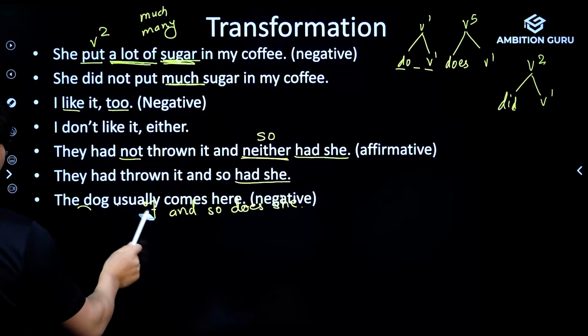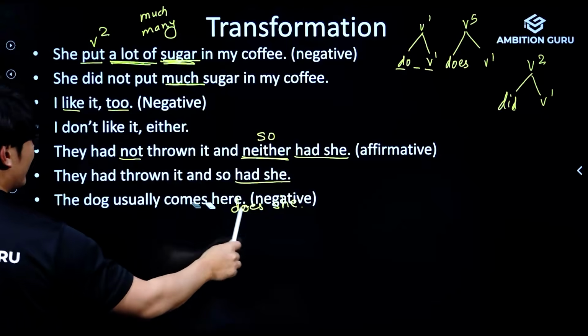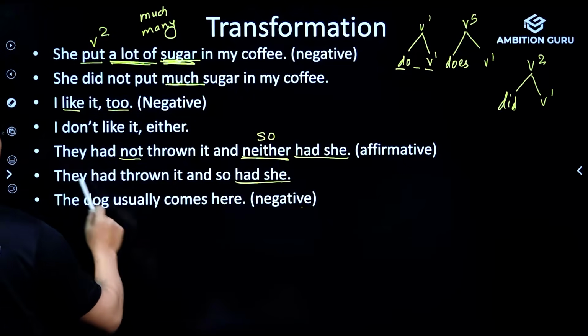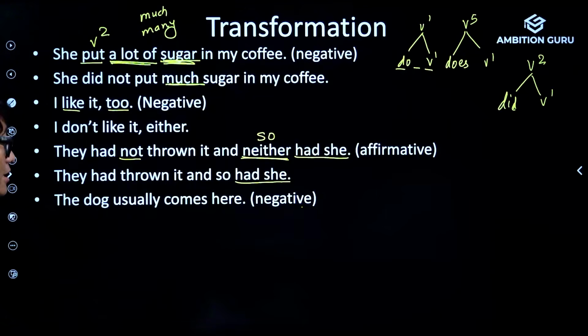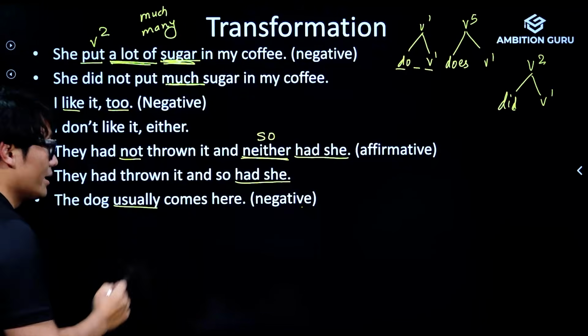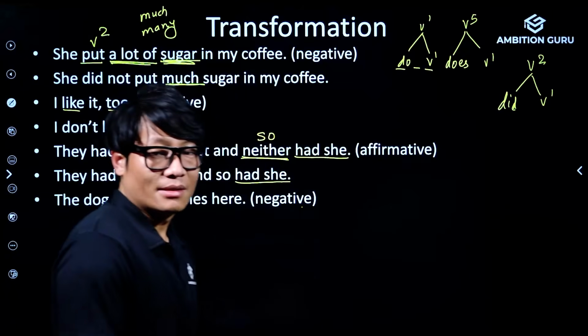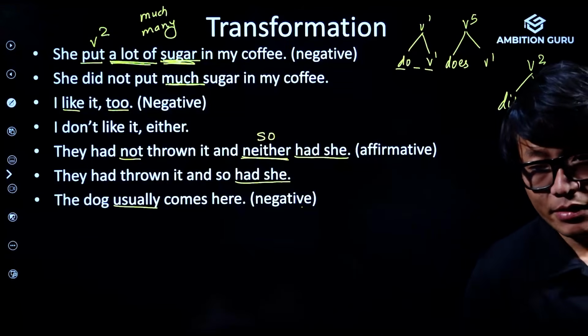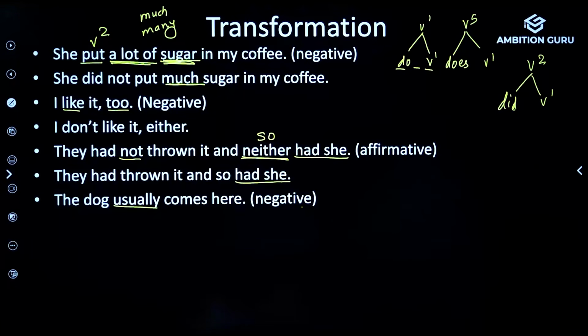Okay, you can see the questions. The dog usually comes here. You need to change it into negative. The dog usually comes here. You need to understand here usually. Usually is an adverb, and you need to change that adverb into, okay, I can see the